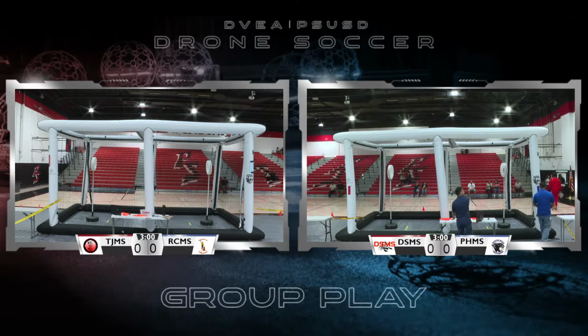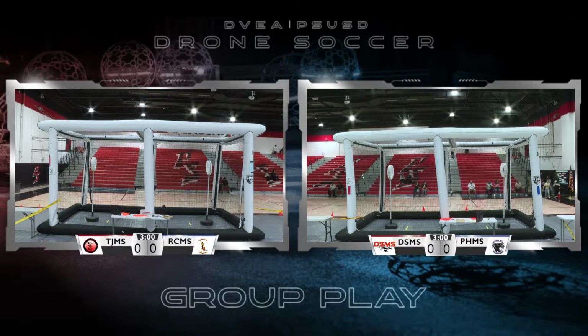Coaches, you can fill in your own individual bracket at your will. You have a copy of that individual bracket on the back side of your schedule, so you can fill that out to see where you will play. You may have to change the color of your striker tags depending on where you ended in the draw and what side of the arena you will play on.